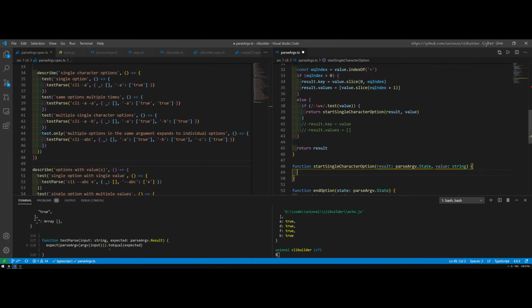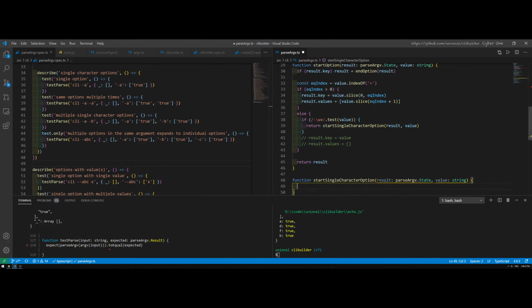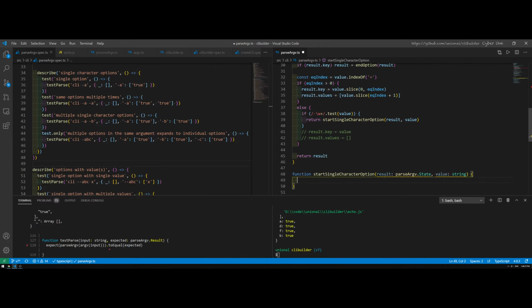Okay. So now we know it is a single character. So what we are going to do is, actually I feel like very likely I'm going to do the other thing at the same time. So basically saying